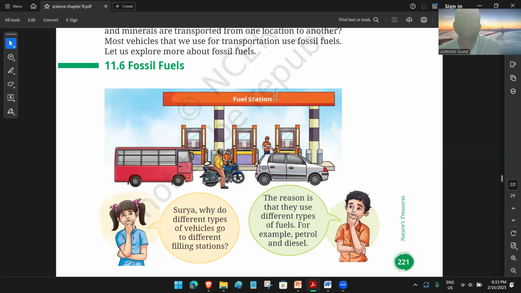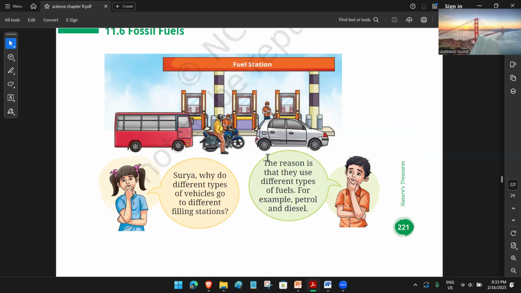Do you know? ये नहीं चाहिए। देखो, अब आता है fuel. फ्यूल का क्या? फॉसिल फ्यूल। ओके, व्हाट इज फॉसिल फ्यूल? फ्यूल का इंपॉर्टेंस क्या है? देखो, यहाँ पे फ्यूल स्टेशन है, आप देखते हो ना, पेट्रोल स्टेशन में, डीजल स्टेशन में, ये गाड़ी कार सब डीजल भरने जाता है, गाड़ी चलाने के लिए डीजल चाहिए, पेट्रोल चाहिए। सो ये सब होते हैं फॉसिल फ्यूल, पेट्रोल, डीजल, ठीक है, केरोसिन।